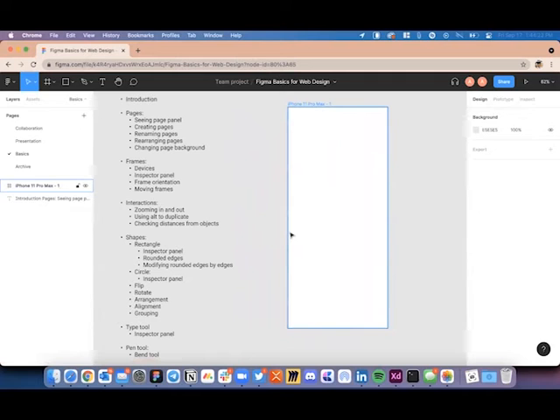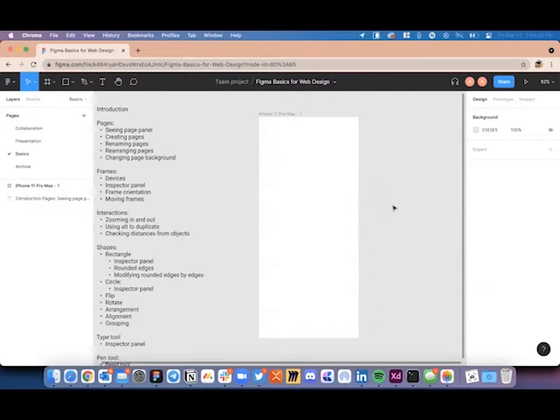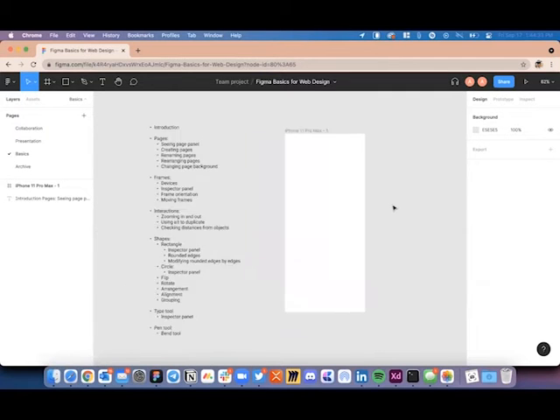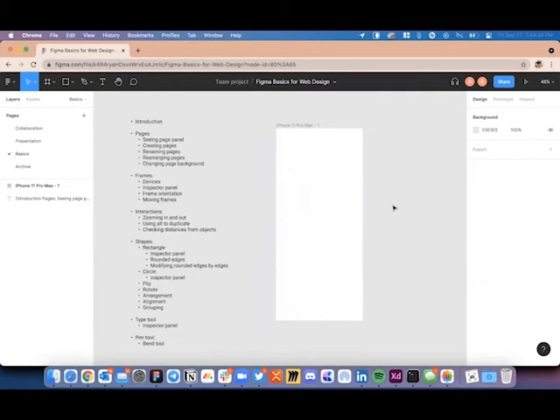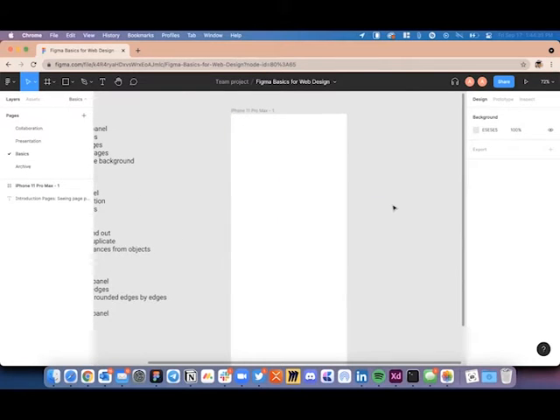So that's about the frame. Now I want to talk about the basic interaction. So if you are currently using Figma on a laptop which has a trackpad, you can just pinch in and pinch out using two fingers to zoom in and zoom out. Alternatively, if you are using a mouse right now, you can just use Control+ to zoom, Control- to zoom out. On Windows.